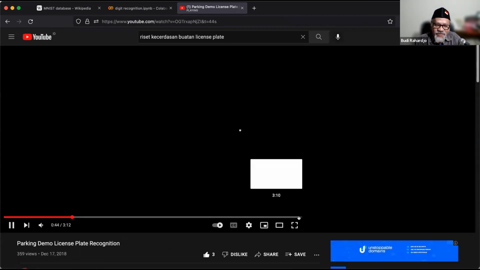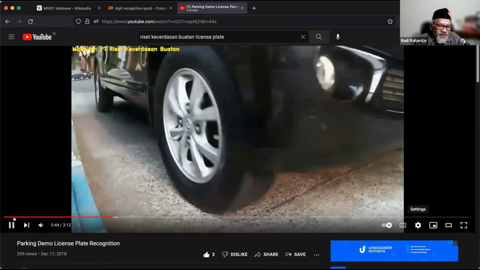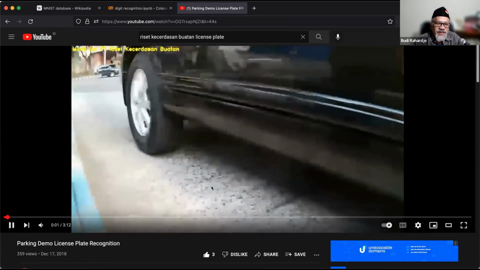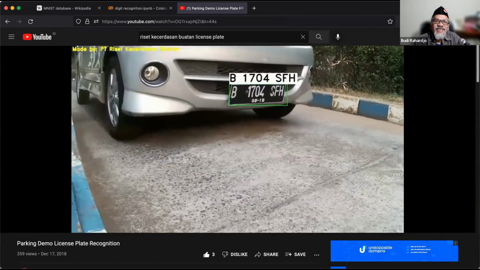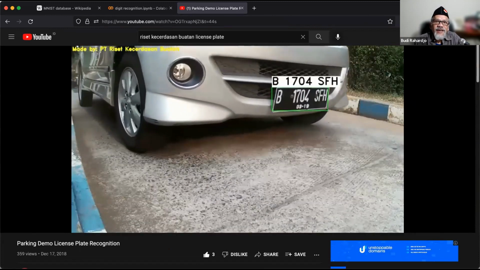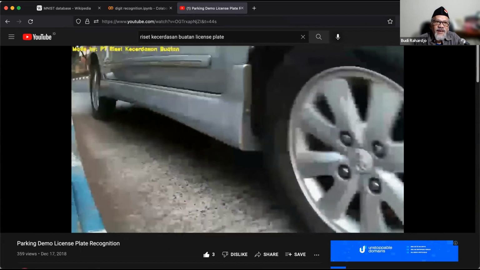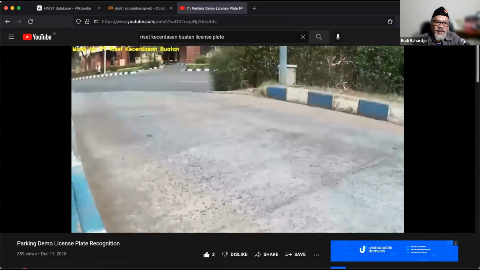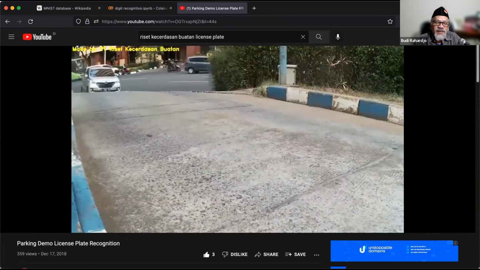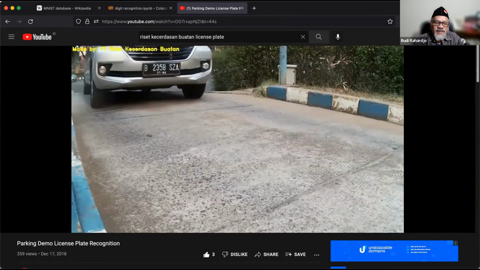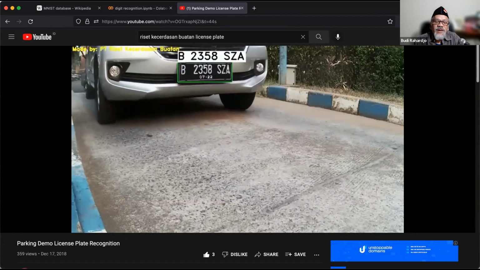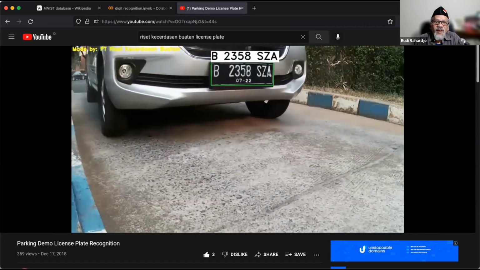Okay, this is an example. Now, this one is real. This is in a parking space. A car comes in, and it will recognize the license plate right away.